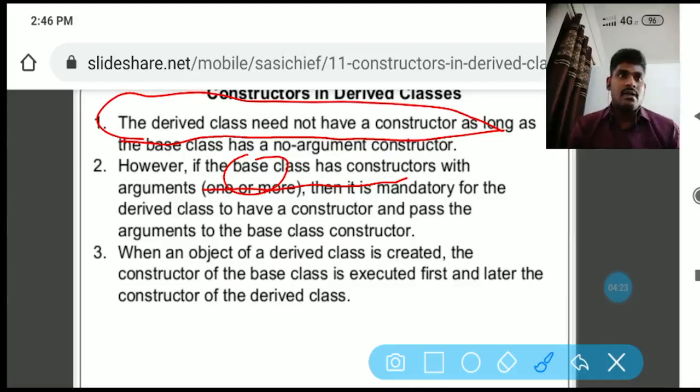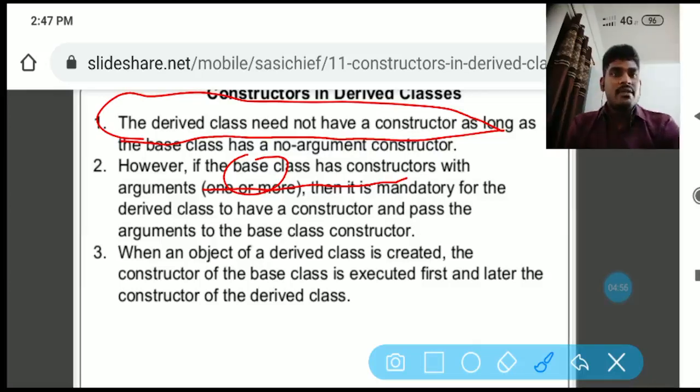When the constructor has arguments, then you have to call that constructor through the creation of an object. However, if the base class has a constructor with arguments, then it is mandatory for the derived class to have a constructor and pass the arguments to the base class constructor.